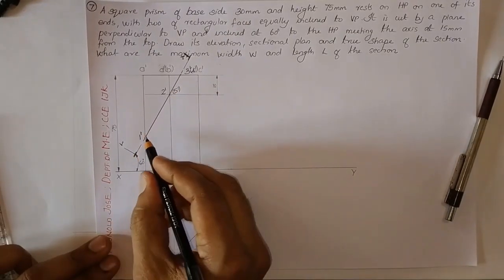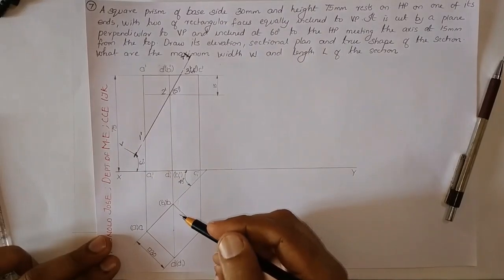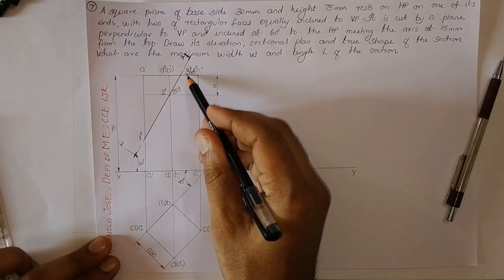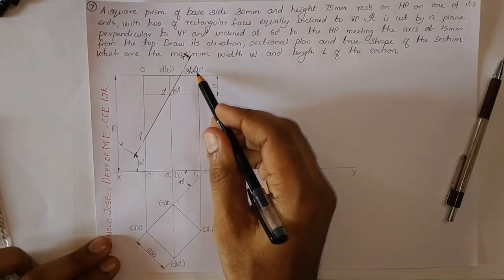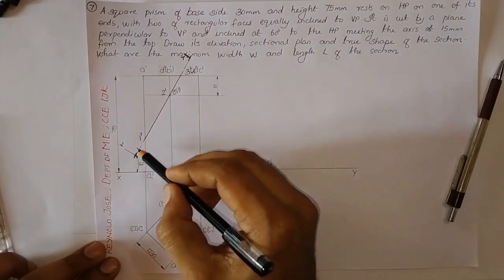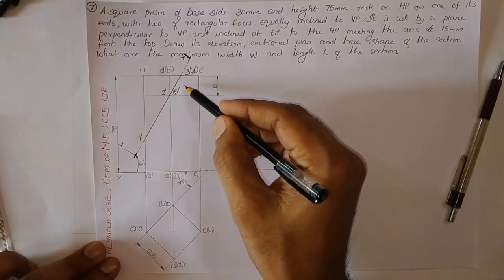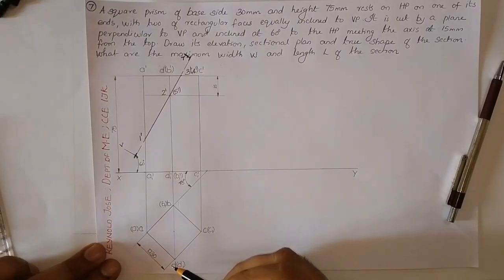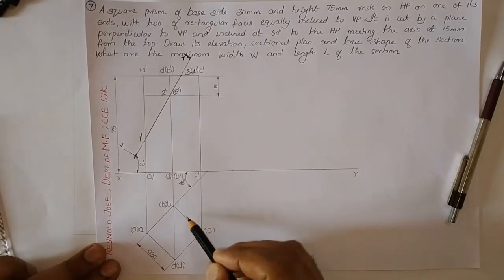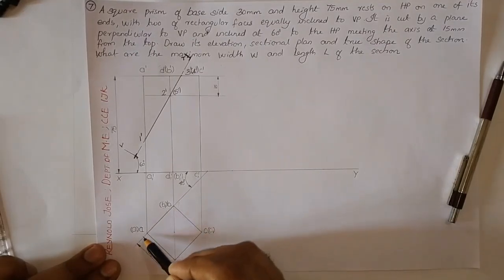Here we don't have any other edge on the back side. It is only A1. So 1 dash, 2 dash, 3 dash are the visible meeting points. 4 dash and 5 dash are the invisible meeting points in the front view. Now let us transfer these points in the front view to the top view. As this is the sectioning regarding a prism, always points 1 dash, 2 dash, 3 dash, 4 dash, 5 dash, etc. when you are transferring it to the top view, it will be along the outline of the top view.